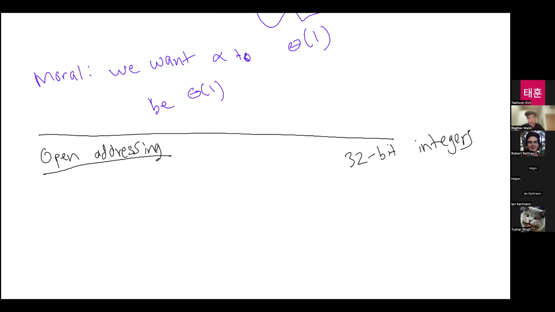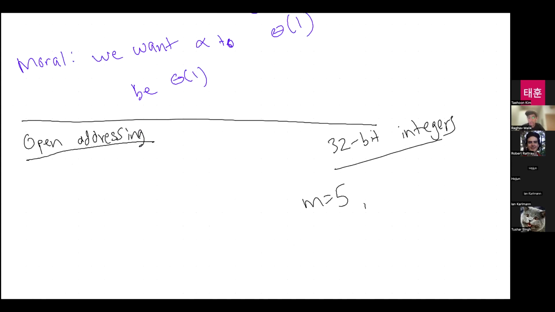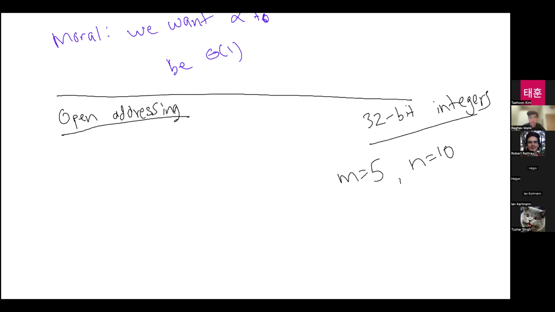Let's say that's my data type. And say I set m equals 5, right? And I'm storing n equals 10 things, right? How much space does this take up?